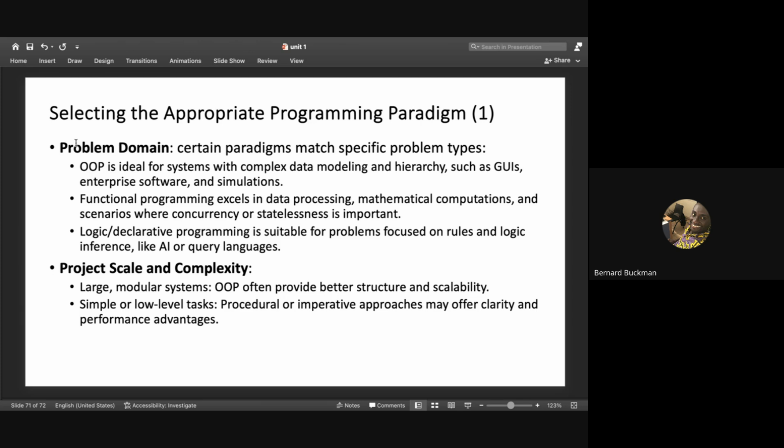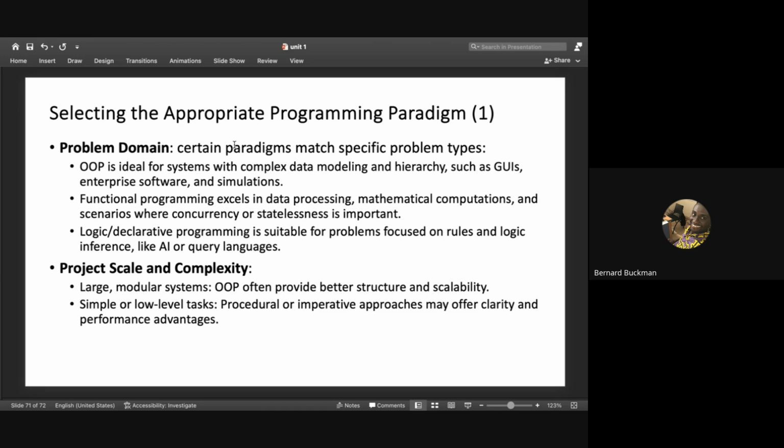Now, how do we select a particular paradigm, a particular style? We pick a particular style based on the domain, the space where the problem is coming from. For example, if it's a very big problem and the solution is going to be big too, we use object-oriented, because object-oriented is useful for things like that. You may want to build a graphical user application, an enterprise or business application, or a very sophisticated simulation software. We use object-oriented.